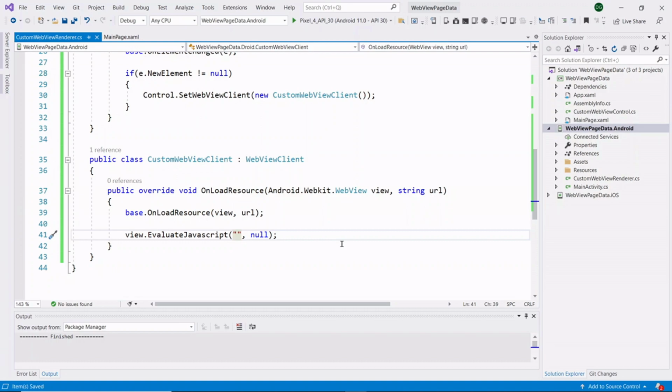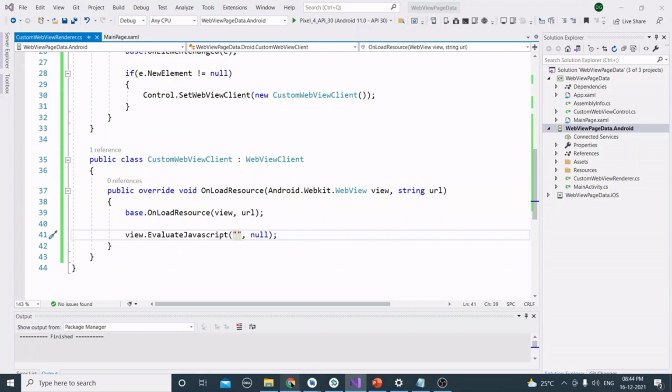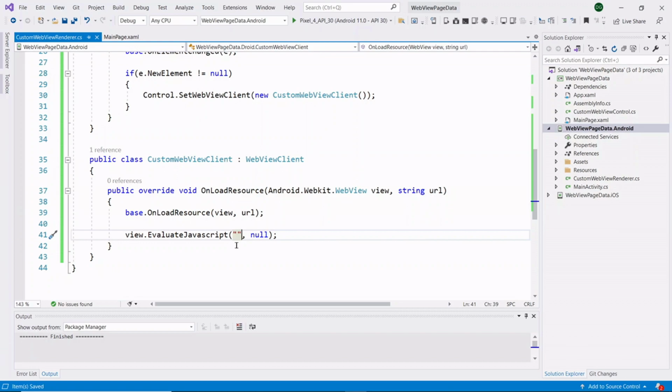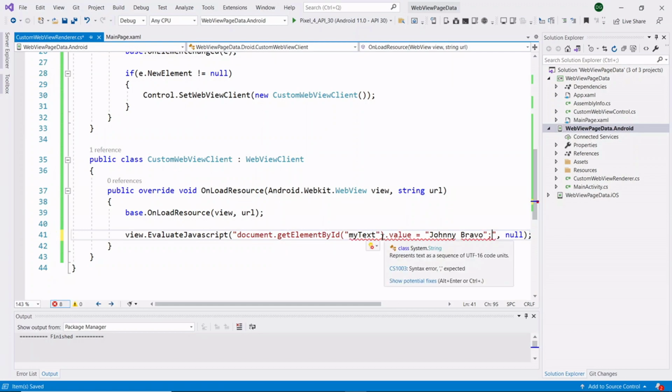Now I will show you the code we need to write for passing data from our application to the WebView page containing the text box. Here you can see this is the HTML code for passing data to the text box. So we need to write this code inside our EvaluateJavascript method. Here you can see that it is showing some error.